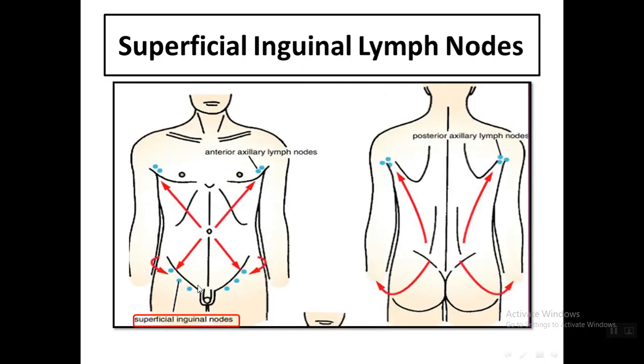Let's see from this picture, this is the superficial inguinal lymph node, a schematic. Let's say here we have the medial group and here the lateral group. The medial group will drain the anterior abdominal wall below the level of the umbilicus. Also it will drain lymph from the external genitalia except the testis, from the perineum and the lower half of the anal canal. Whereas the lateral group, this arrow direction, this lateral group receives from the back of the